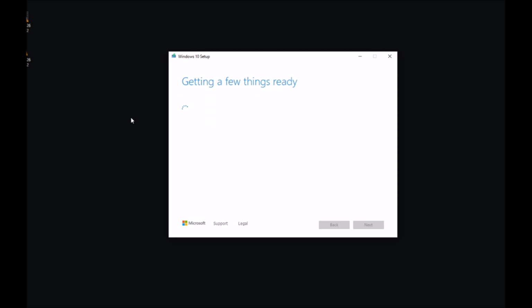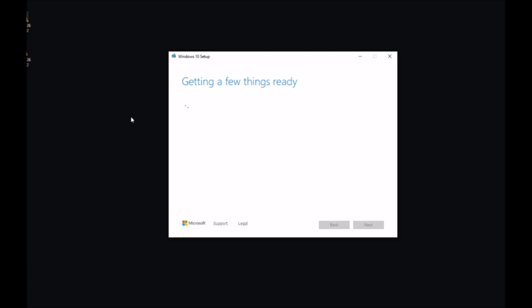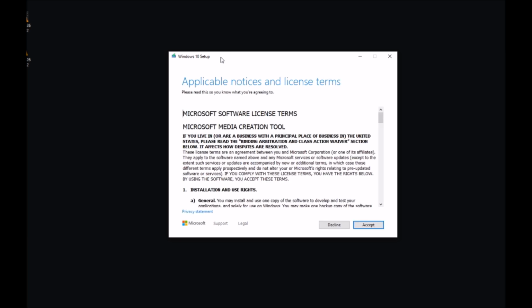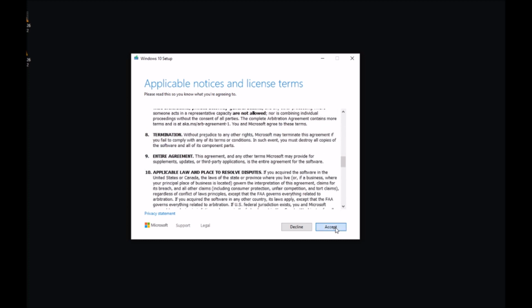One of the things that's important when making this USB drive with an ISO file is to have a powerful and also fast internet connection, because we are going to need to download about 4 gigabytes of data. That's the size of the ISO file, and it takes a lot of time if you don't have a fast connection. So that's really important, and just be patient as well. And we get this window. You may obviously want to read it, but let's just accept it for now.